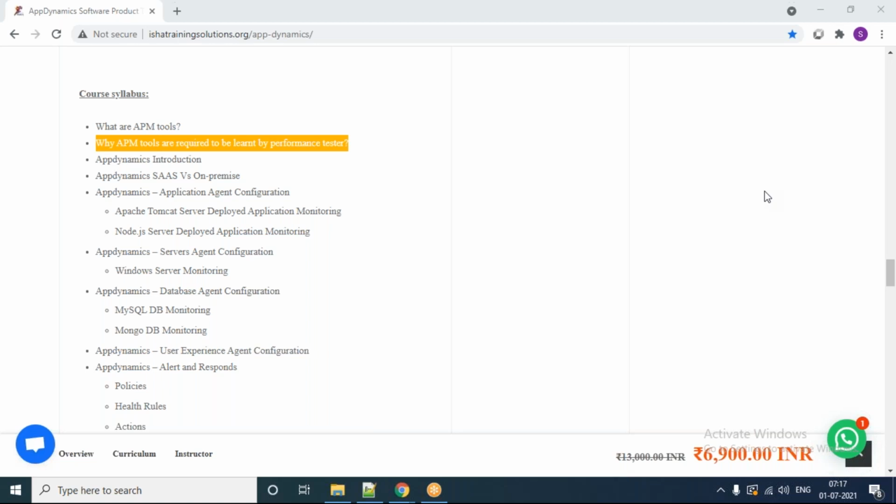Unless you are monitoring the infrastructure, you cannot say your application is healthy. Response time is not the only measurement; all other parameters are there to take a decision. You cannot say response time is good, so my entire application is good. No, not like that. Even though your response time is good, there may be a problem. You could create some unbelievable or unpredictable issue in your application.